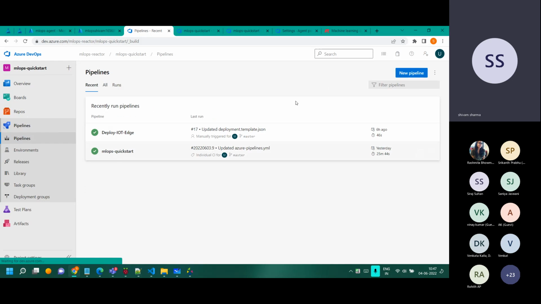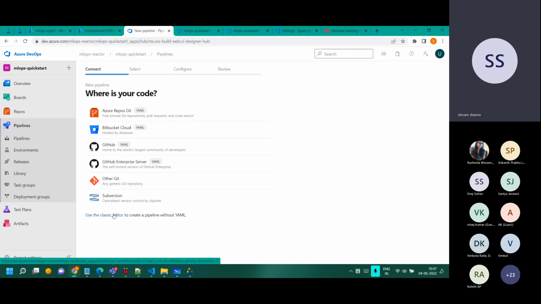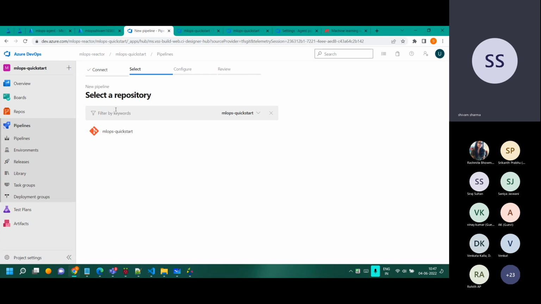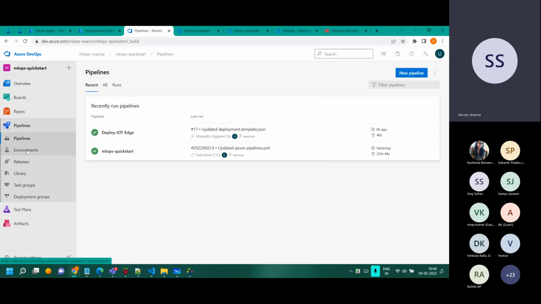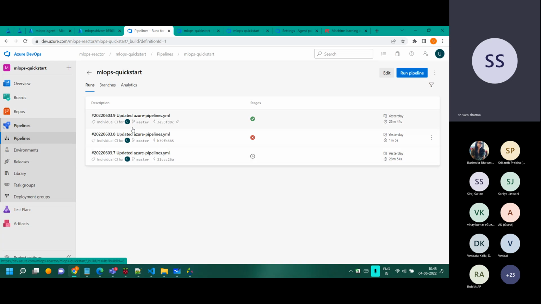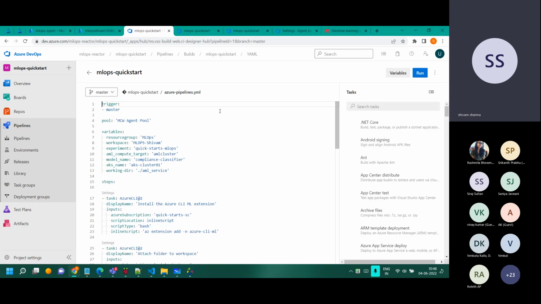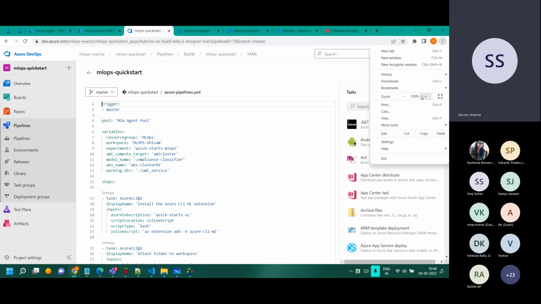You just basically have to create the new pipeline first over here, like this. And then you will be clicking on the Azure DevOps, Azure repo. And what we are selecting, I'll walk you through that. We select the repository and the proper YAML file. But if I take you back to this, this is how it gets created. I'll just say edit over there. And we will be understanding what's happening over here.